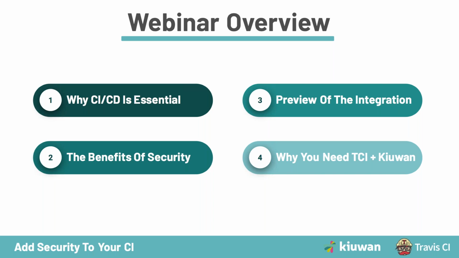Today, we will be discussing the challenges that exist for organizations that are attempting to develop applications from an operational perspective, as well as diving into some of the key reasons why security is such an essential aspect of the development process. Following that, Montana will be walking us through the brand new Travis CI and Kiuwan integration to show us how it can further enhance your development operations and drive a more effective user experience for your development teams and more secure and higher quality applications for your end users.